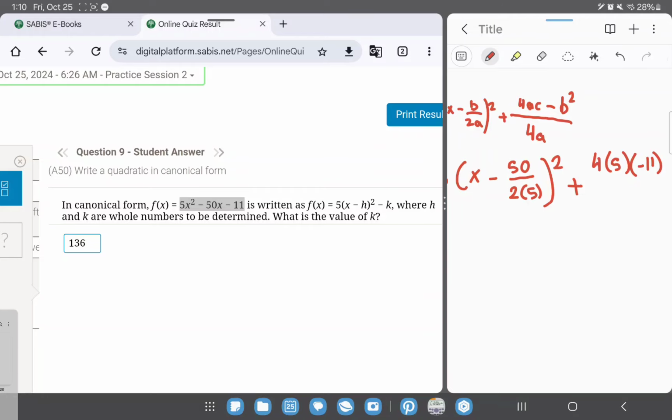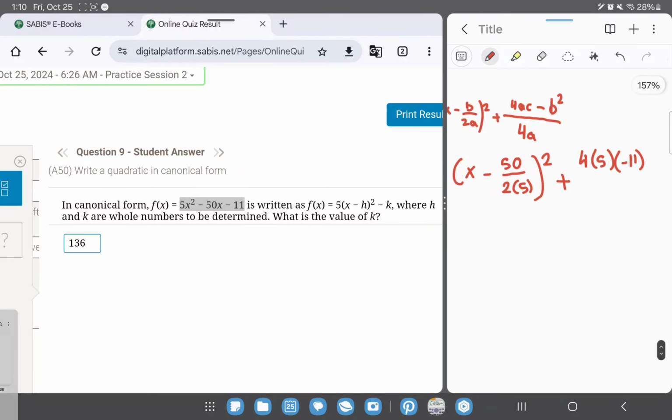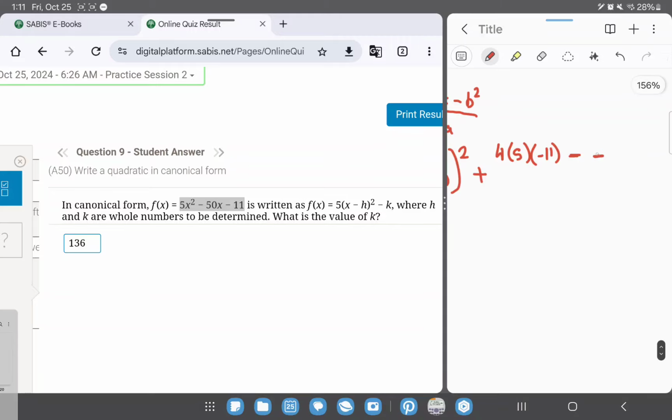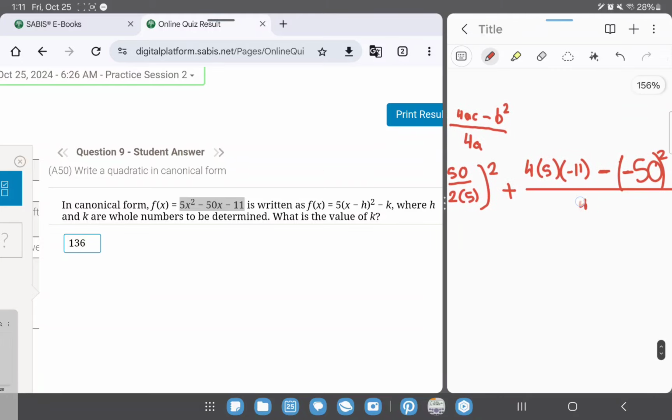Be careful of the signs, take them with you. Minus b squared, minus 50 squared, over 4a,